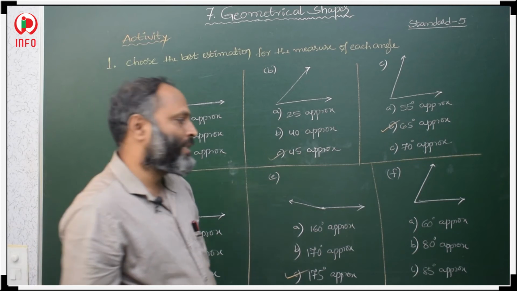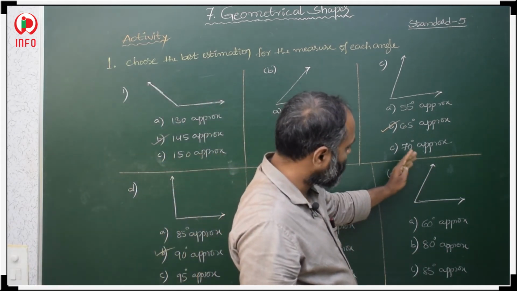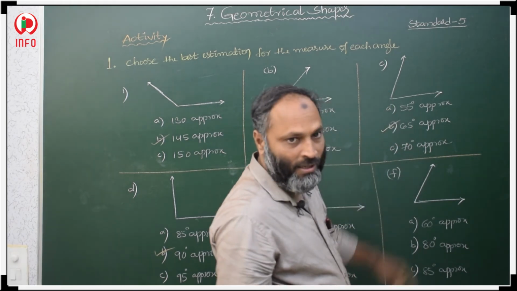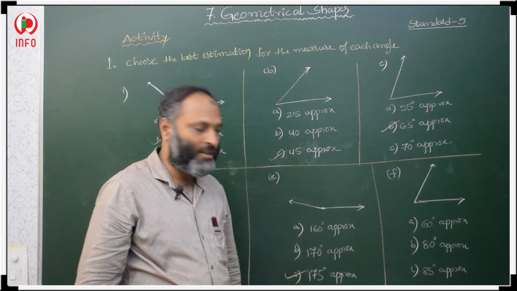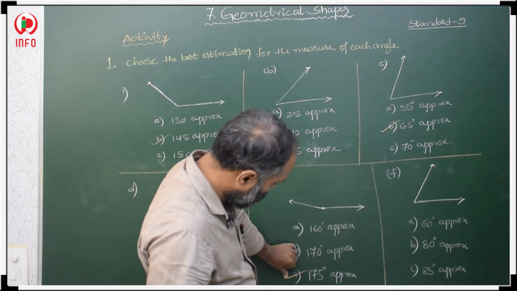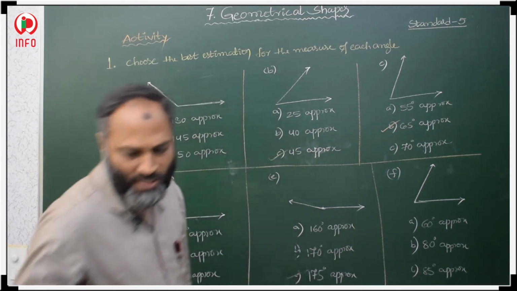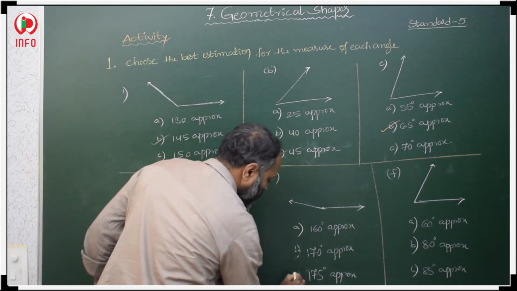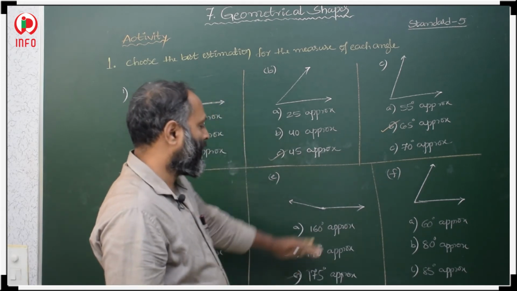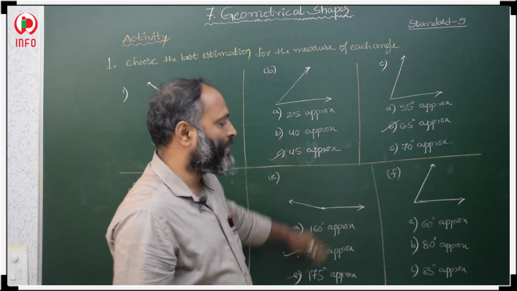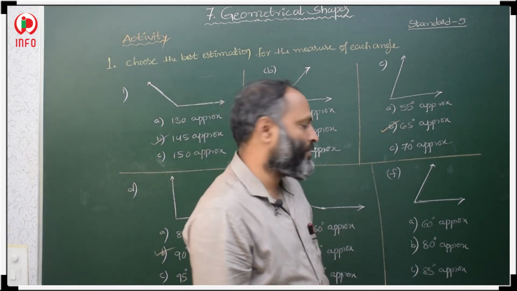Now this one is less than 175, so this one is 170 degrees approximately. Here this one, once you see, it is approximately 10 degrees less. So say the approximate answer. He is asking approximate. Just we say approximate, that is 170 degrees. If you calculate, it is 10 degrees less, like that. You think and you say. Approximate answer we have to see.